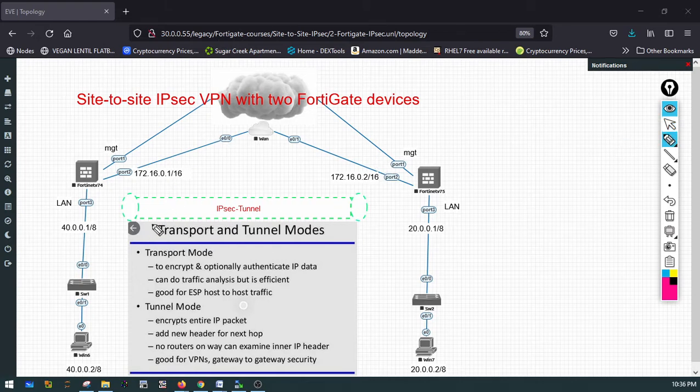IPsec. There are two modes normally: transport and tunnel mode. The differences are explained here, where in transport mode encryption is optional. The authentication covers the IP data. It's going to be good for ESP host-to-host traffic. I can do traffic analysis,